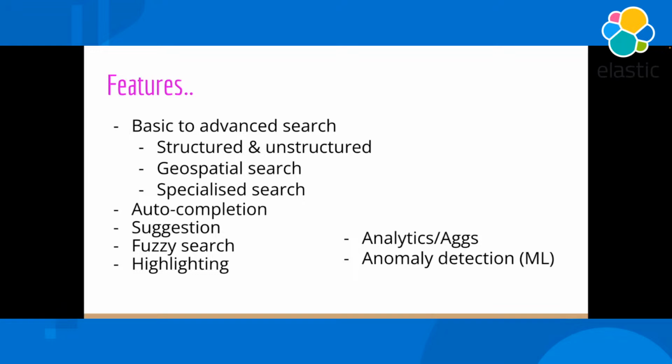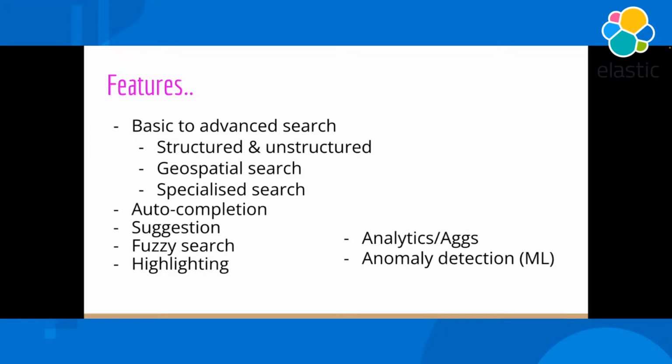For example, you can do auto completion, or it will give you "did you mean", or give you suggestions as you're typing. There are also solutions for spelling mistakes, like fuzzy search, and there's highlighting and sorting. All those kinds of things are already available for you out of the box. You don't need to make any changes.